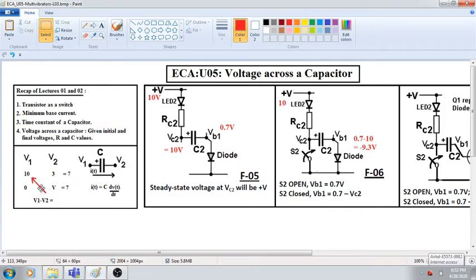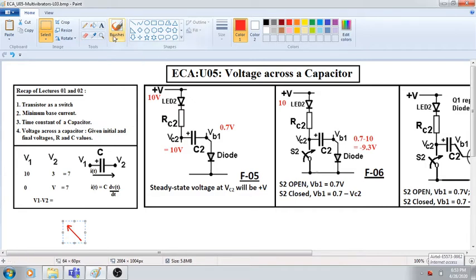such that 0 minus V is the same as 10 minus 3. 10 minus 3 is the earlier difference, and 0 minus V is after the change has occurred. So what is 0 minus V? That has to be the same as 10 minus 3. 10 minus 3 is 7. So 0 minus V has to be equal to 7. So what should be the new value V? V has to be minus 7.